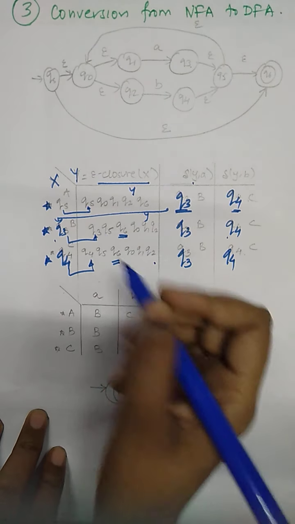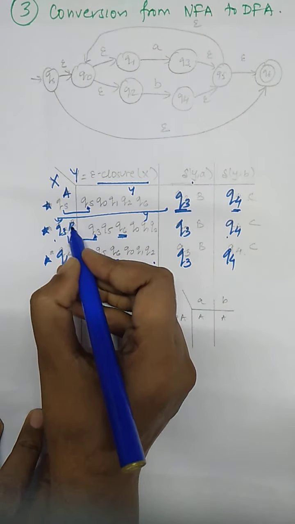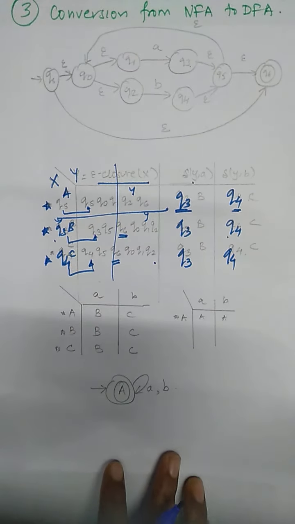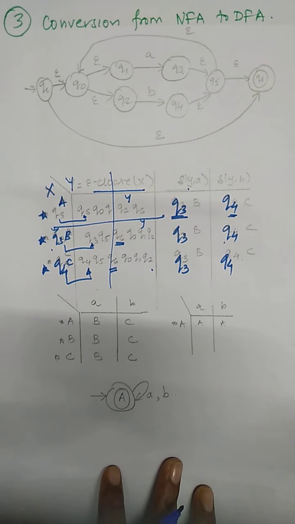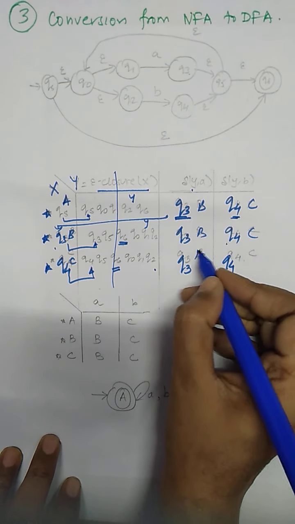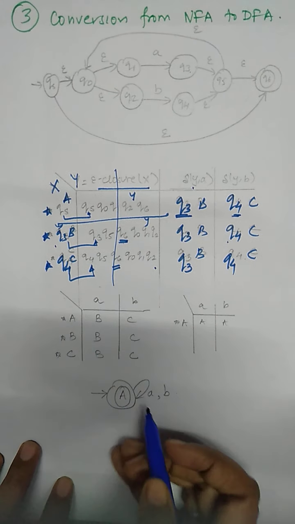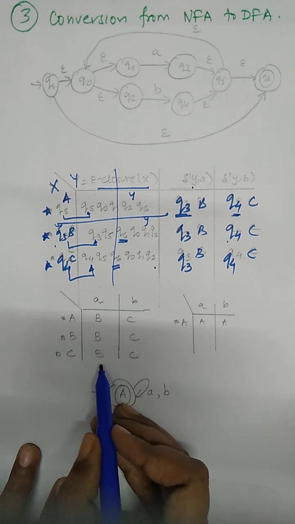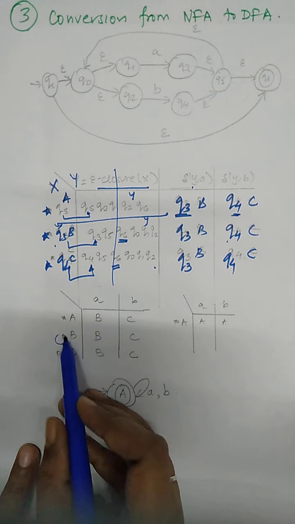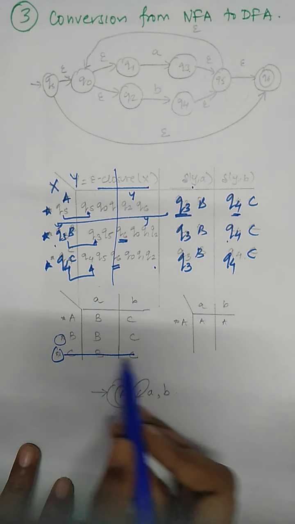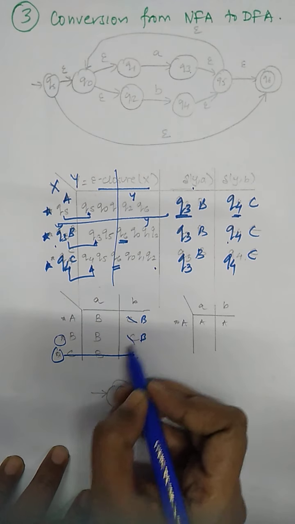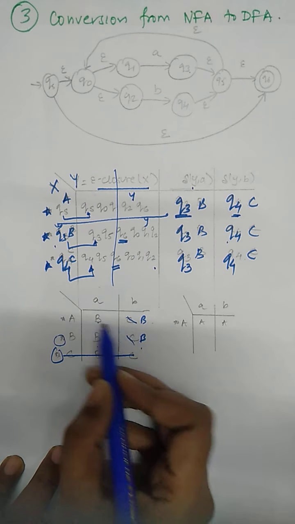We have to rename. So we have renamed QS as A, Q3 as B, and Q4 as C. Next, we have to drop the epsilon closure and keep only the reachable states. So Q3 is B, Q4 is C: B, C, B, C. Rewrite the table. After rewriting the table, we see that B and C are present as duplicate entries. Check the status, that means C can be replaced. So wherever we have C, that will be replaced by B. Again B and B, duplicate entries.